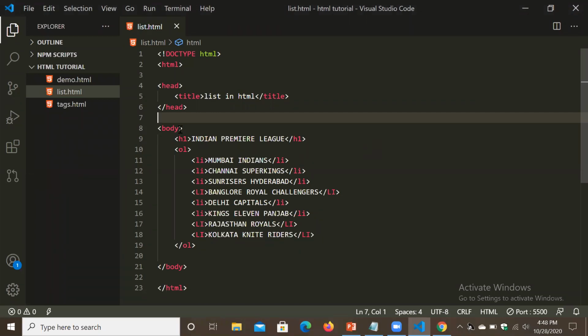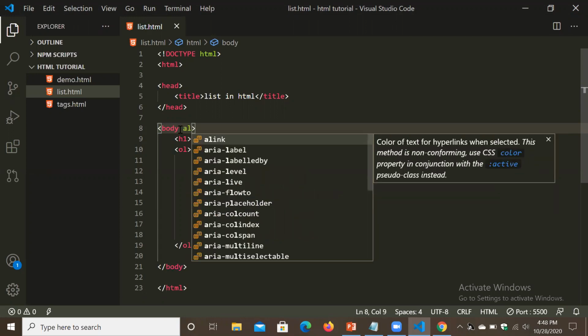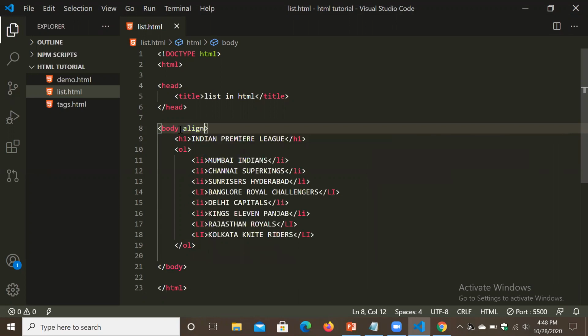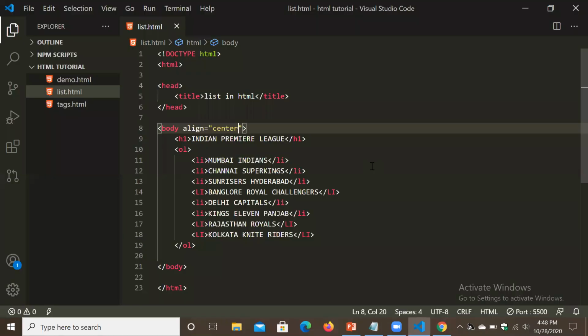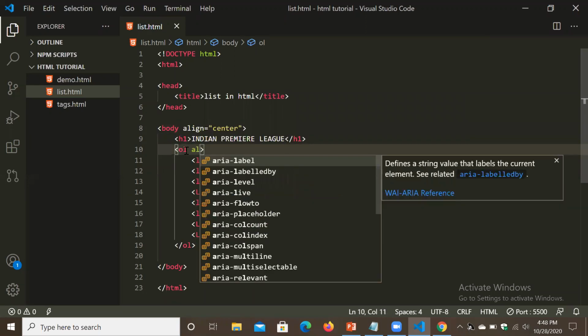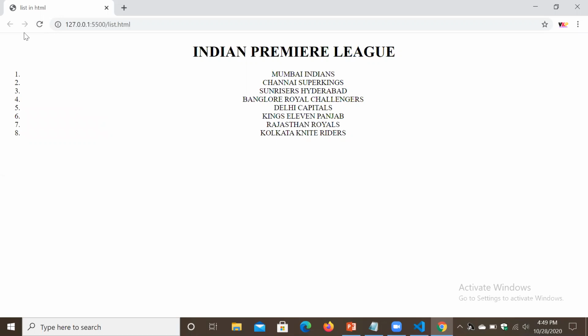Body we will take some alignment. Yeah, we got this in center. But okay, leave it.